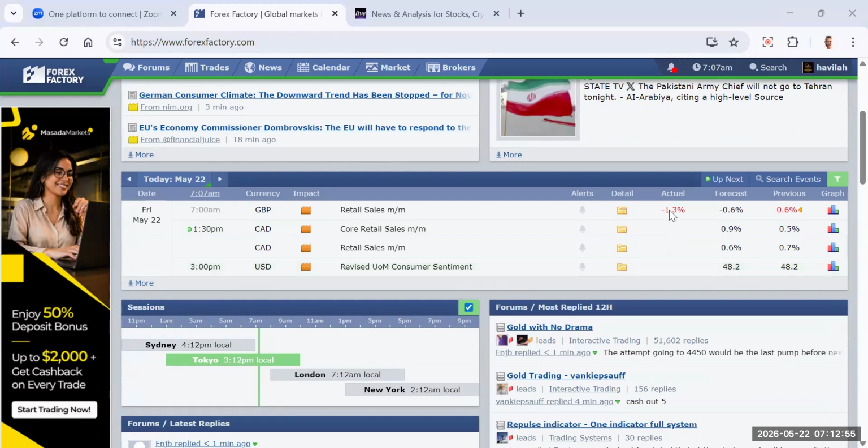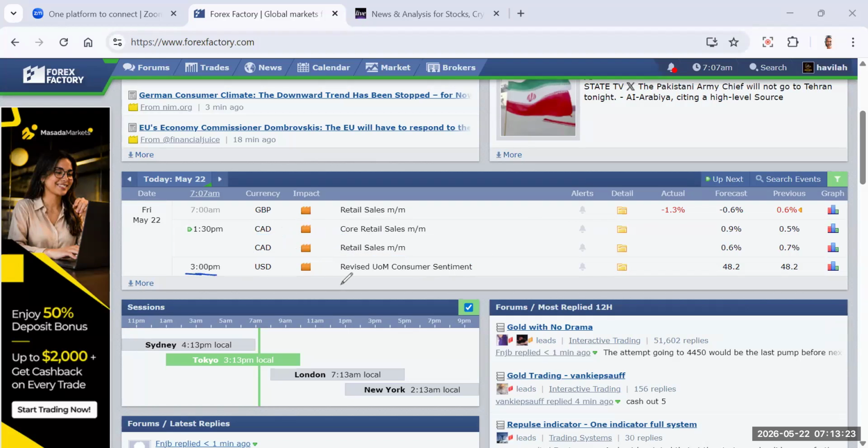All right, so today, 7 a.m., some minutes ago, 12 minutes ago, retail sales was released from the United Kingdom. It came out bad for the British pound. We'll see the effect on the British pound pairs this morning. And then the other key events today, we have core retail sales from Canada. So we check the Canadian dollar pairs and how we can prepare ahead of this news. Though it's a medium impact event, combined together, two events, we may still get some volatility.